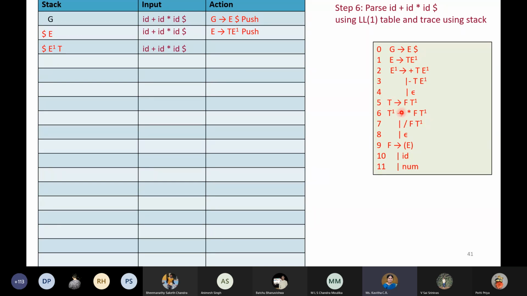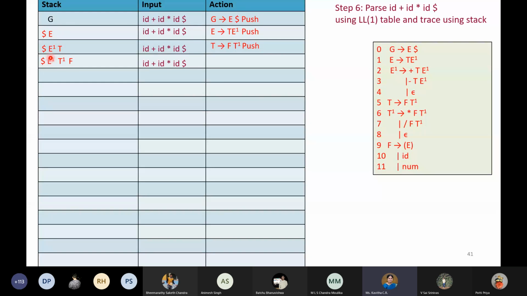So I will definitely have to apply rule number 5. So what is it that we are trying to do? We are going to pop this T, and in place of that we are going to push the RHS. Of course, we have to maintain the order. Notice that whatever other symbols are there, they will be the same. You don't change other symbols, only the top you are popping and then replacing with the RHS.